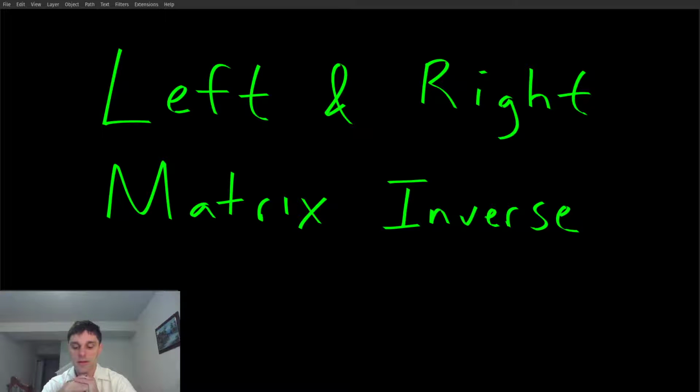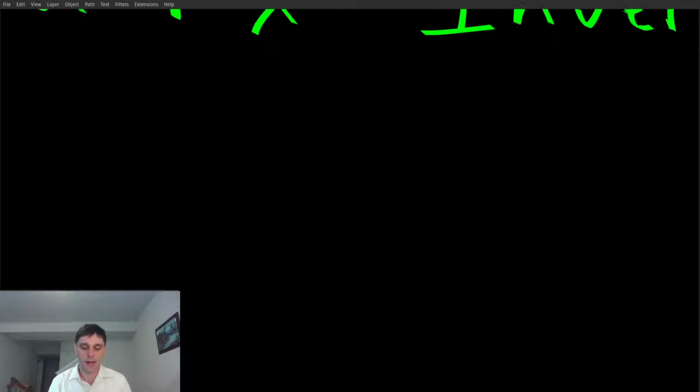And so we're going to start by talking about the inverse of a matrix, and it turns out that matrices can have two. They can have a left or a right inverse. So let's dive right in and start talking about this. Okay, so let's